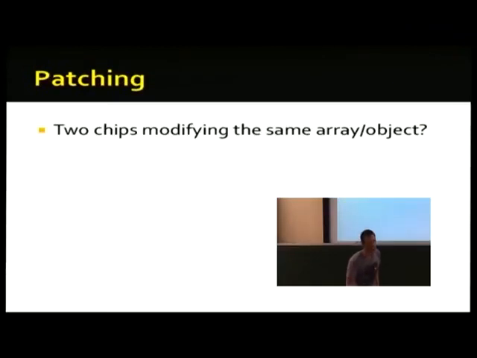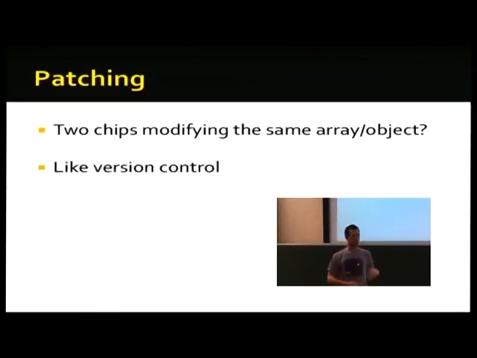Okay, and we also have this thing of patching. I talked earlier about how, in the case that multiple chips are writing out to the same pins in memory for the input and output, we want to be able to merge those things together. We've taken an approach very similar to the way that version control works. If you're familiar with Git, it's a little bit like you're cloning, forking, or branching a repository, two people are working on it simultaneously, and then you want to merge back together again. So how does it do it?